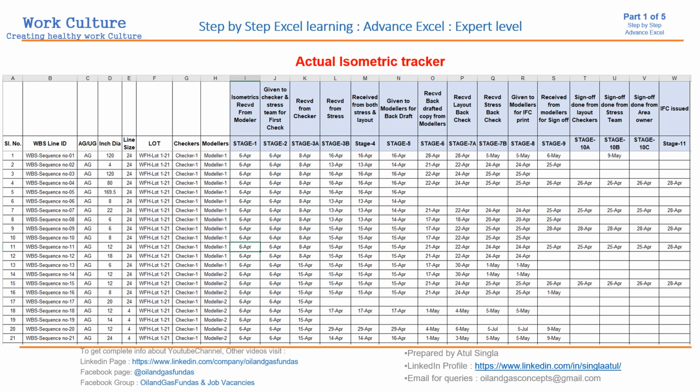So this is what we are going to use in the coming portion of the video, where we are going to use pivot tables, timelines, slicers, grouping. So this is the basic requirement, and these are the stages which we are going to use, and generally this is done in ISO coordination. These stages we have to fill to track each and every stage of the isometric. So let us start with the pivot tables, section number 2 of this advanced Excel.